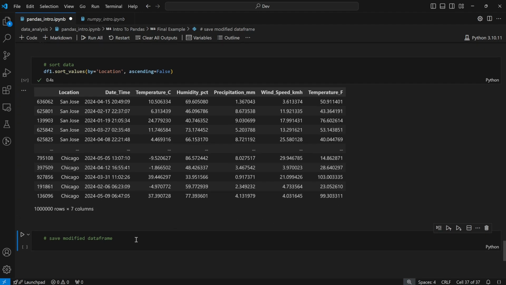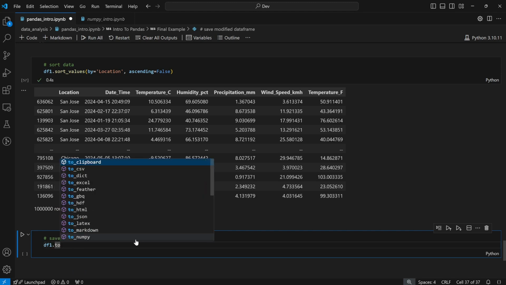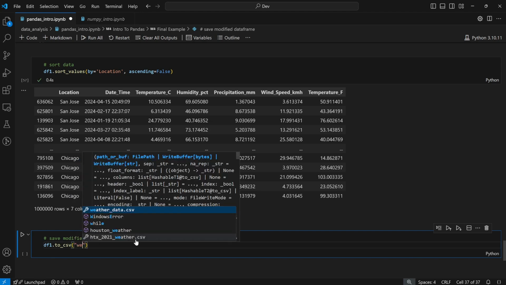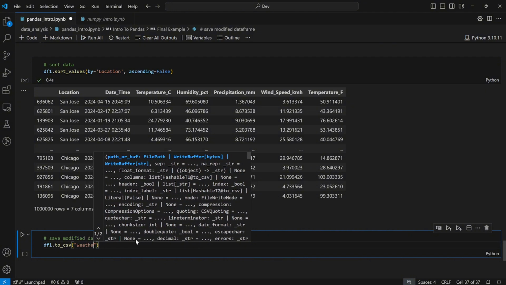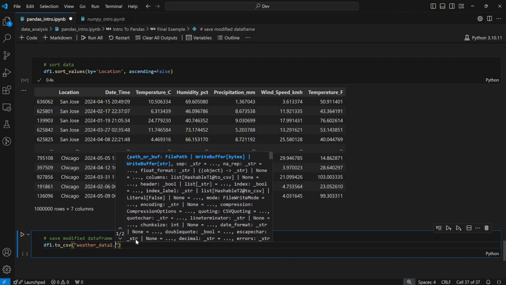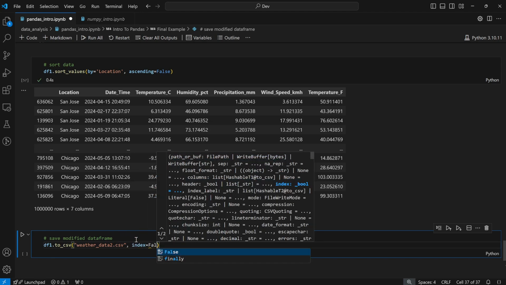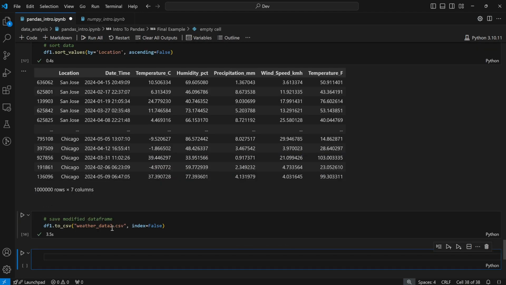And last but not the least, we're going to save our modified data frame in a new file. The syntax to do this is quite easy. All we need to do is to call our data frame df1.to_csv, because remember we're working with a CSV file here, and now we need to pass the new file name we want to save our data in. Let's just call this something easy. Let's say weather_data2.csv and set the index parameter to False. And if I run this, and if you look in our working directory, we should be able to see this file,